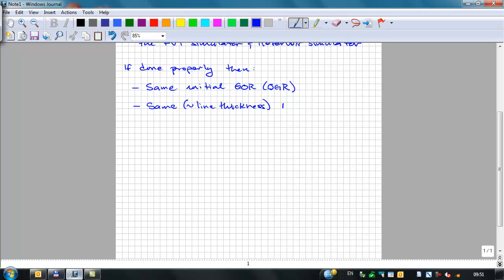The same recovery factor of both oil, which I'll write like that, surface oil, as a function of pressure, and surface gas as a function of pressure, for a depletion,